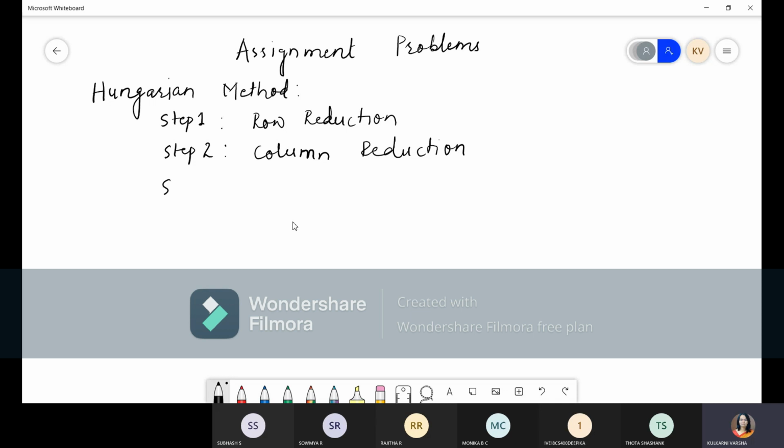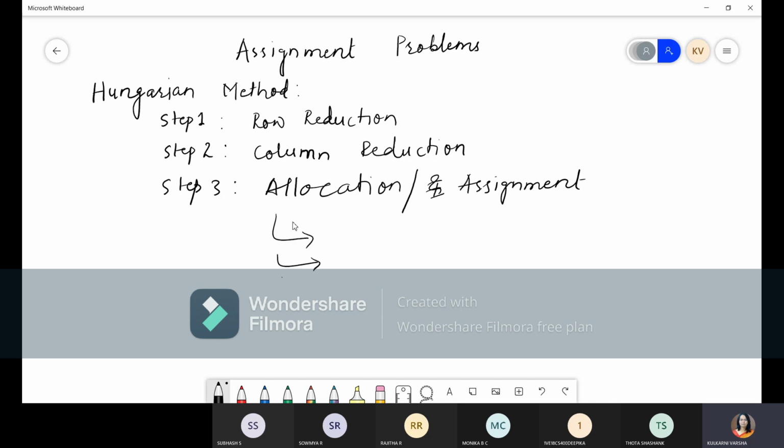Then next is step 3. What is step 3? The step 3 is nothing but the actual allocation or assignment. So now in this step 3, we have to write the further things here, so I'll just state how we have done.